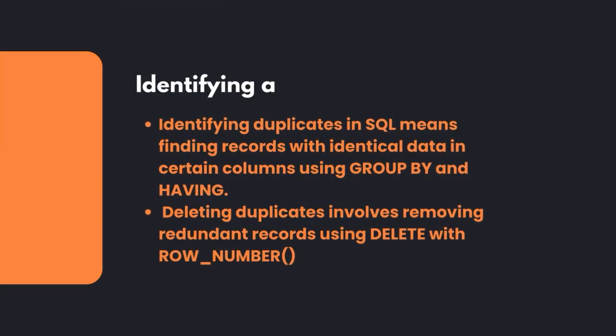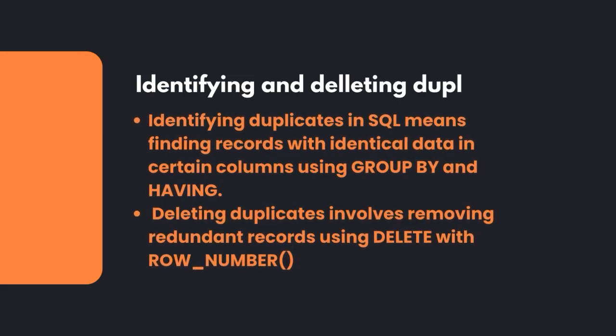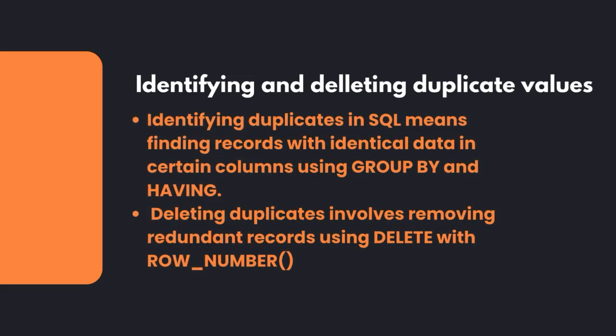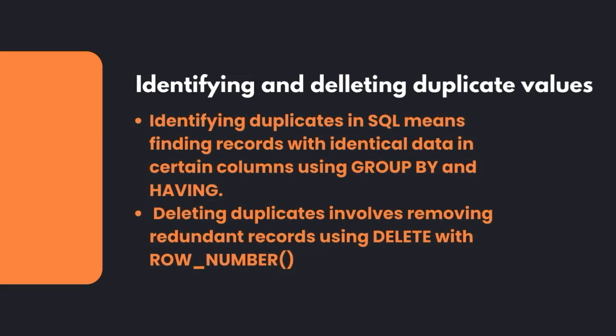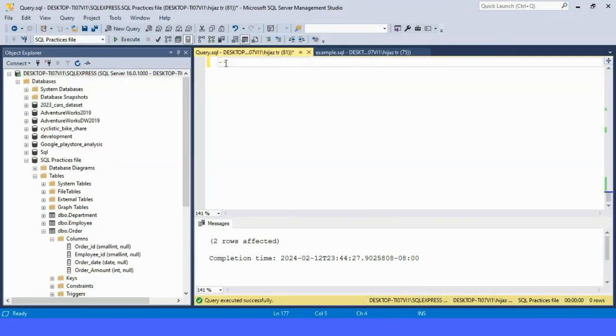Now we're going to discuss identifying and deleting duplicate values. Basically, duplicate values are values that appear more than once in a column but have the same data. To identify a duplicate value, we use the combination of group by and having clause, and to delete these duplicate values, we use delete and the row number function. So in identifying and deleting the duplicate values in our table,